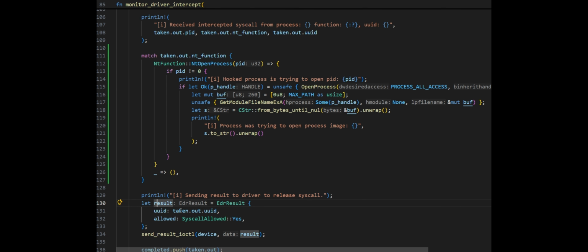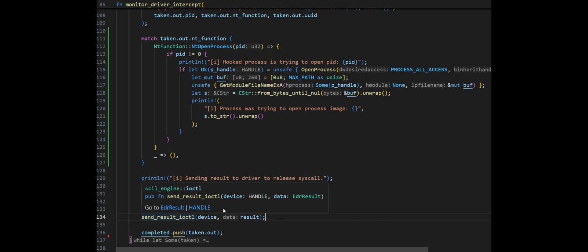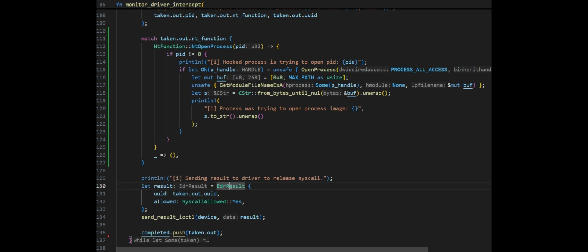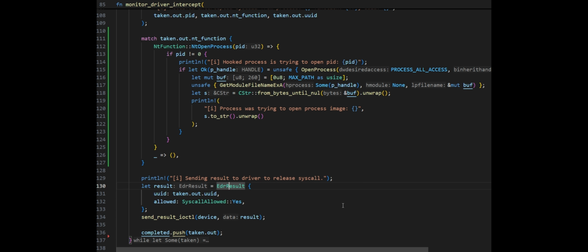And we continue on by setting this result structure. So this we actually send back to the driver in an ioctl. So the driver is basically listening for this event coming down. And what we encode into here is an EDR result enum. So the first field that we have is the UUID. So this is the UUID of what came to us originally, and whether or not the EDR is allowing the